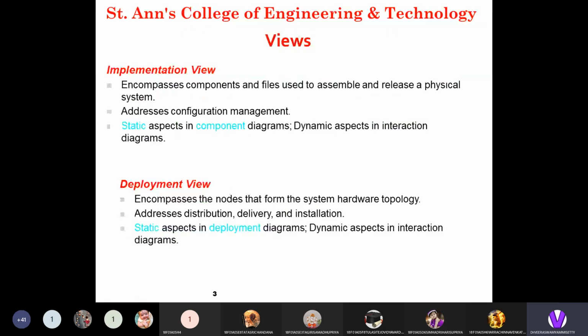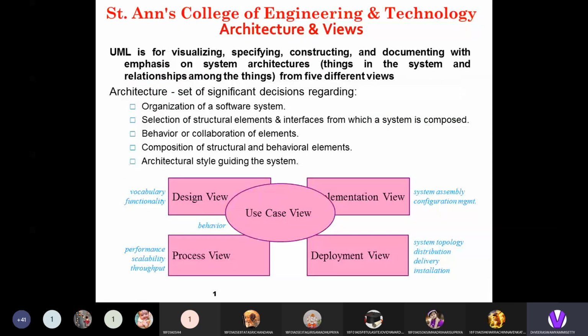So that comes under the 5 different views: design view, implementation view, process view, deployment view, use case view. Design view shows the vocabulary and functionality. Implementation focuses on the system assembly and configuration management. Process view addresses the performance, scalability, throughput.